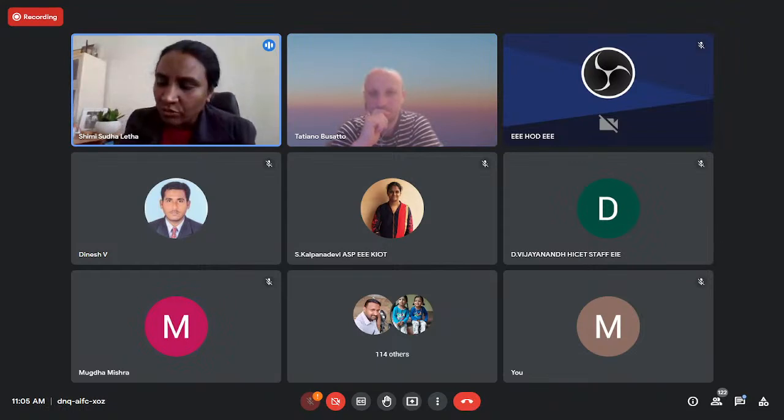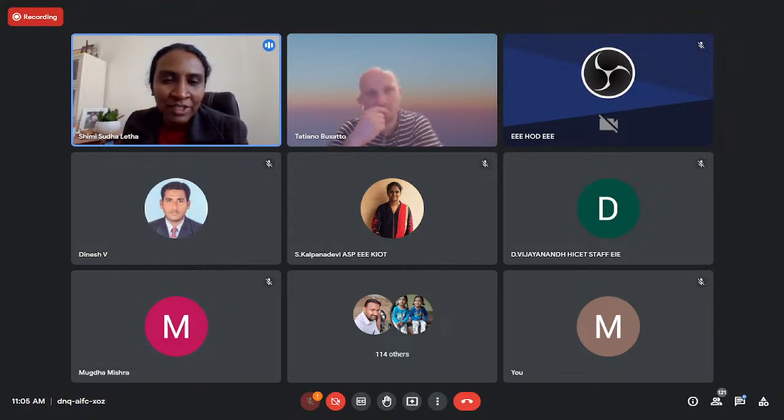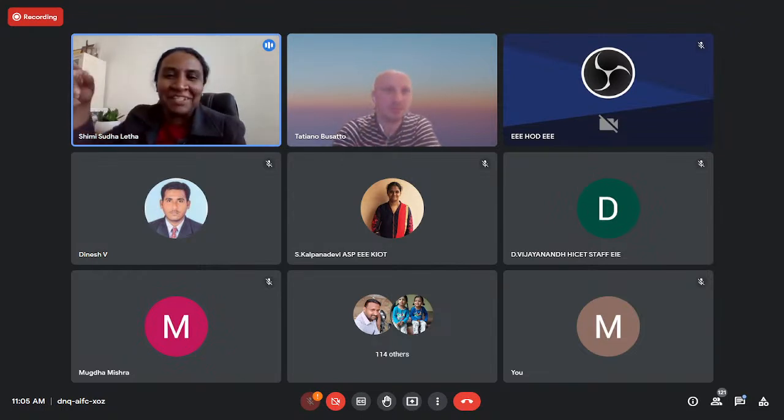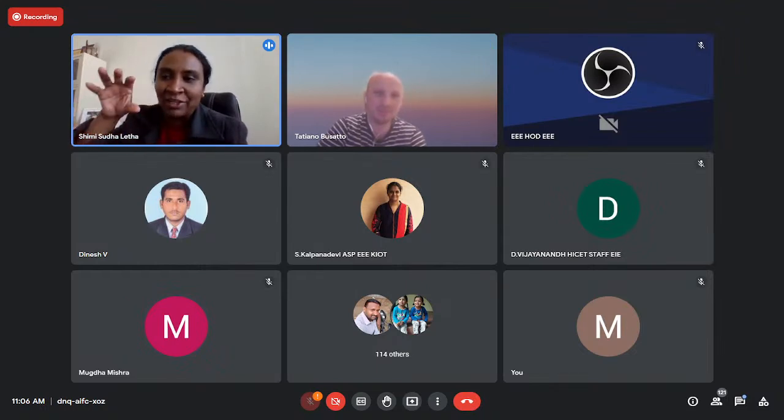Okay, we have to first look at what type of charger we want and what type of vehicle we want to charge. Based on that, the ratings and all the standards we have to follow. Because in Sweden, when we were working, I could see that before starting the project, we first look into what the standards are. In India we don't have such a system. We make the system and then look for standards whether it is meeting them or not. But I could find there that first we take the standards and look into them. What are the different standards? Self test methods are given, like your device under test should satisfy this.